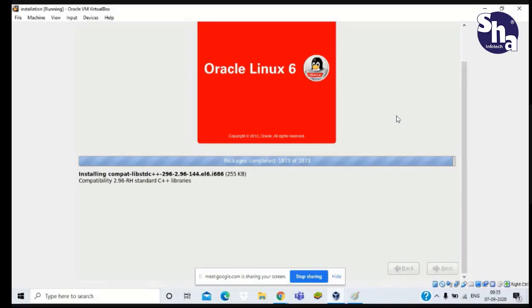We have to download three parts: VirtualBox, Linux 6, and the Oracle 11G softwares.